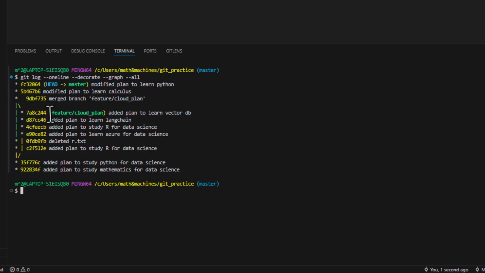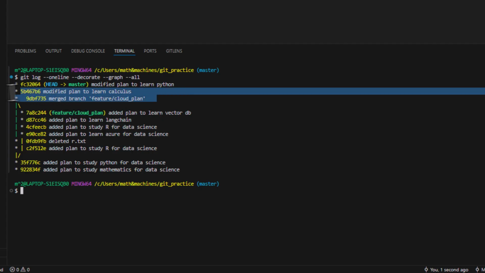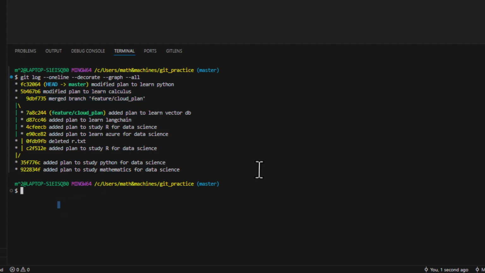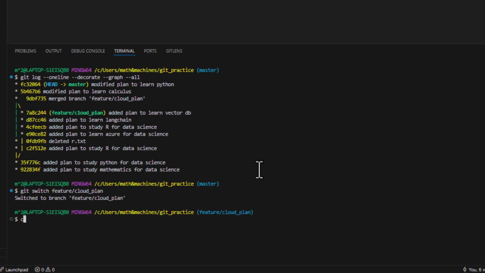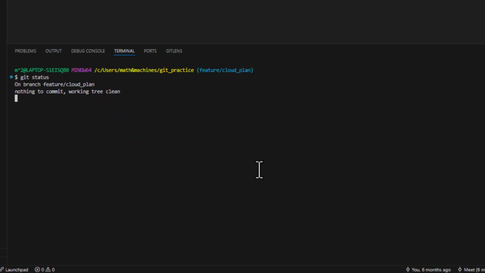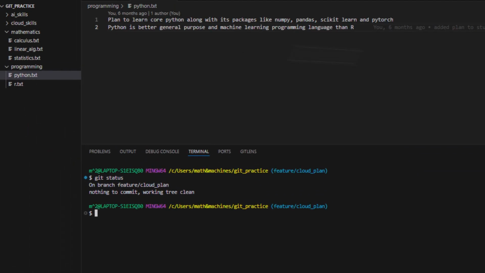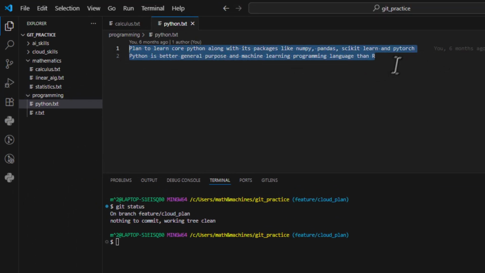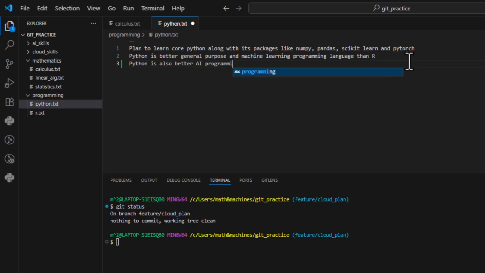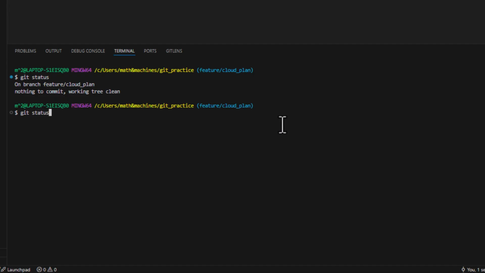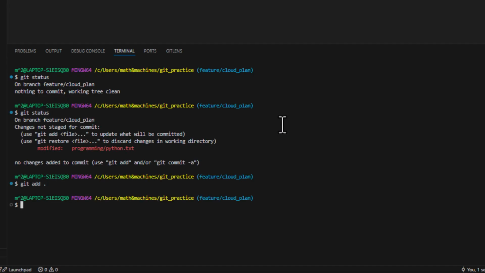Let us switch to the feature cloud plan branch and modify the exact same files that we did in master branch to mock a merge conflict. So we will switch to our feature branch, running git status to make sure that we are on feature branch. And at this point, obviously you can't see the change we made in the master branch, right? Because we are on feature branch. Let us make a change here. Python is also a better AI programming language than R. Control S, and we run git status,